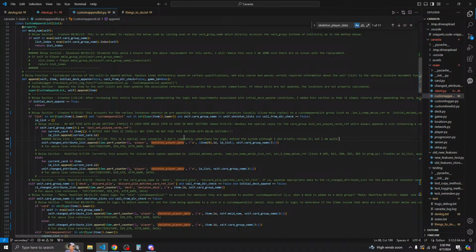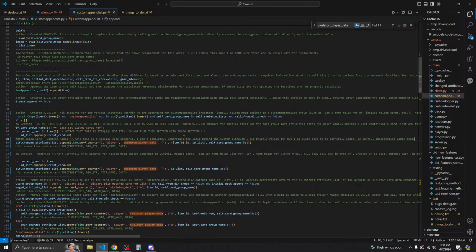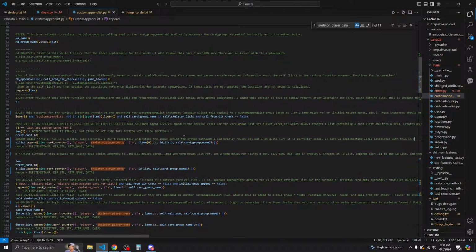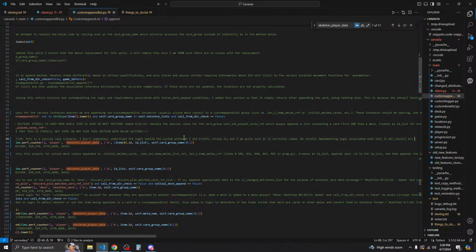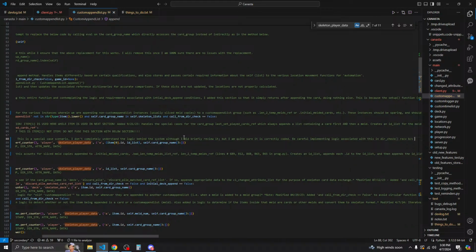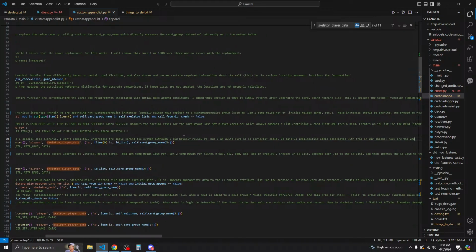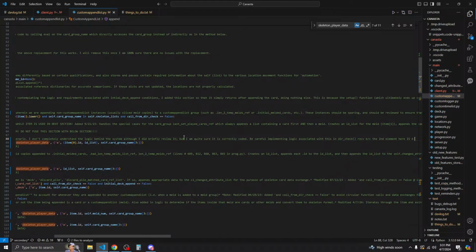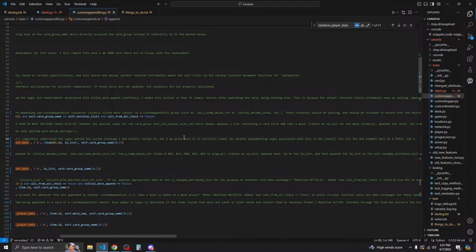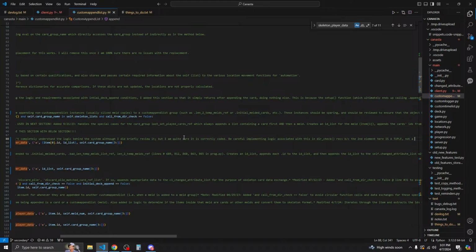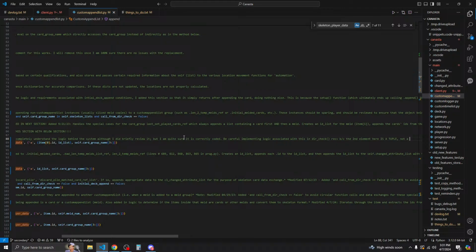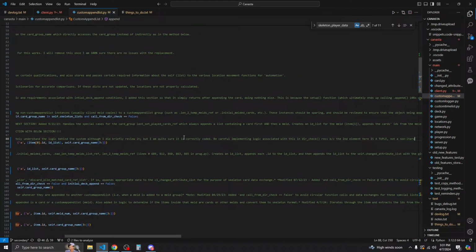But I am quite sure it is correctly coded. Be careful implementing logic associated with this in dir check, because the second element here is a tuple, not a string, not a non-iterable.